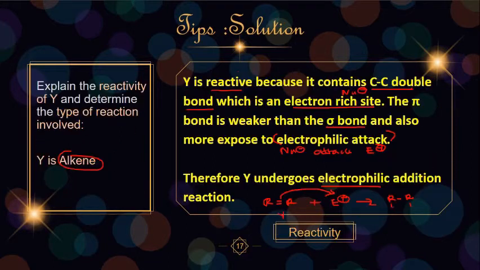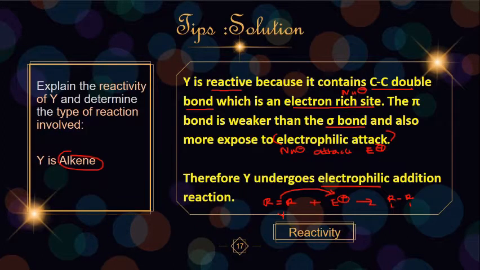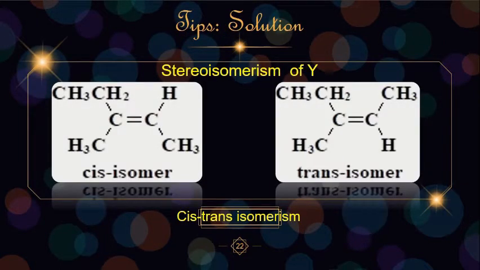Okay, the next question is you need to identify and show the isomerism of Y. So how do we show the isomerism of Y? We know that Y is the alkene. So of course the stereoisomerism for an alkene is cis-trans isomerism. So if you can see this structure of Y, it follows the requirements for cis-trans isomerism to occur. If you can see this structure for the cis isomer,